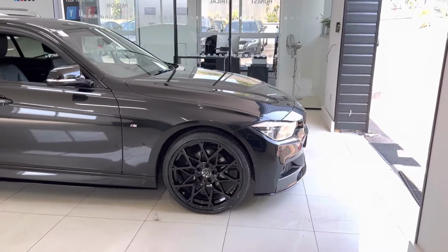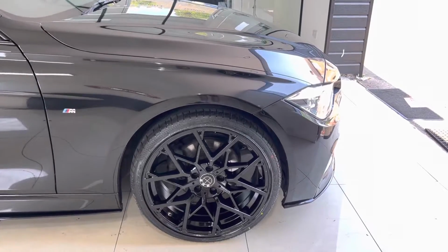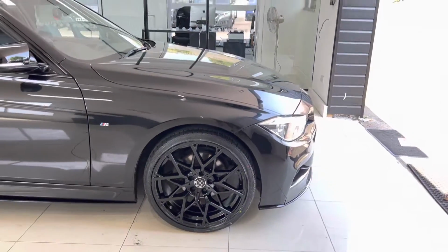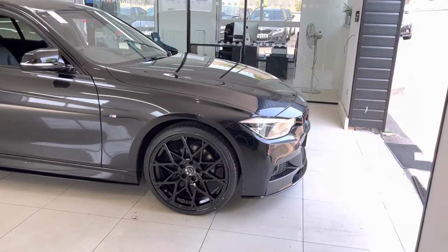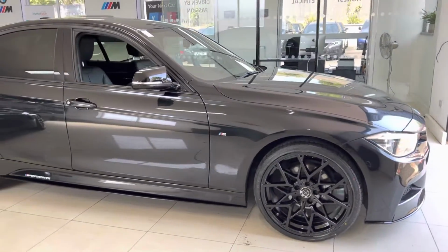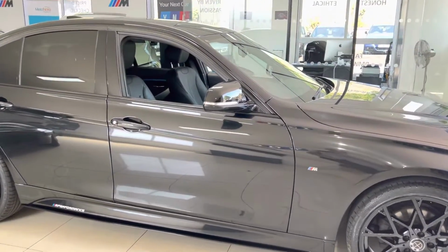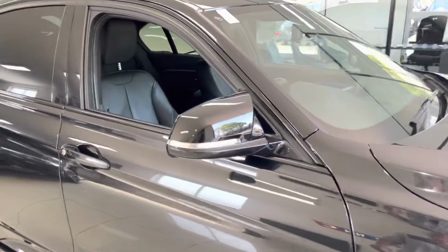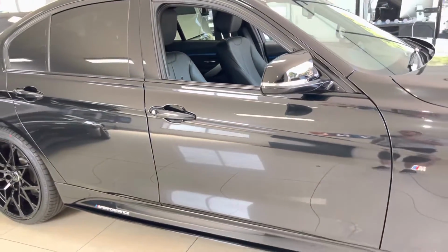With the in-house enhancement kit for this 320D, we have added the brand new 20-inch alloy wheels in high gloss black. Gives this vehicle a very sinister look indeed. You have got the LED headlights, as this car is a facelift. Down the side, we've got the gloss black side sill extensions, YD68OEL performance decals and aero mirrors, as you can see there. We will get a chance to look inside the car shortly, but for now we're going to focus